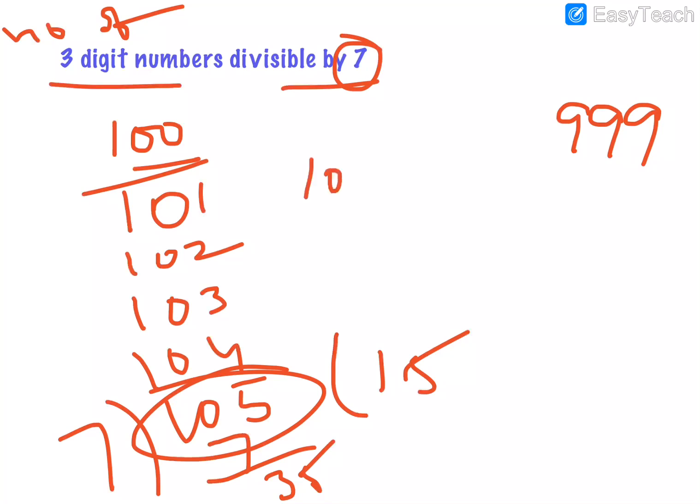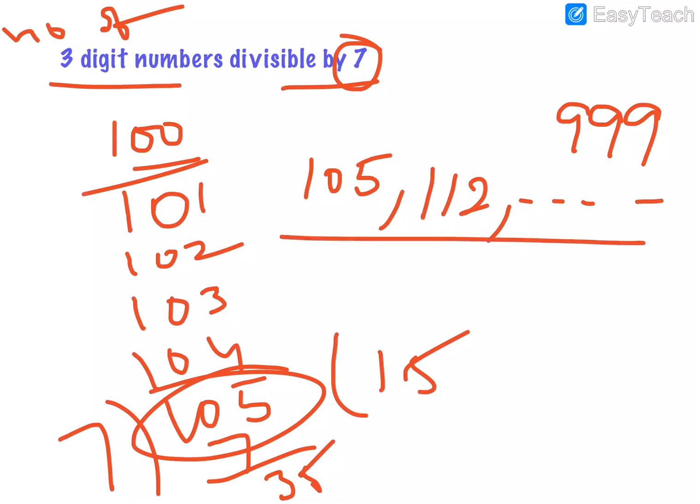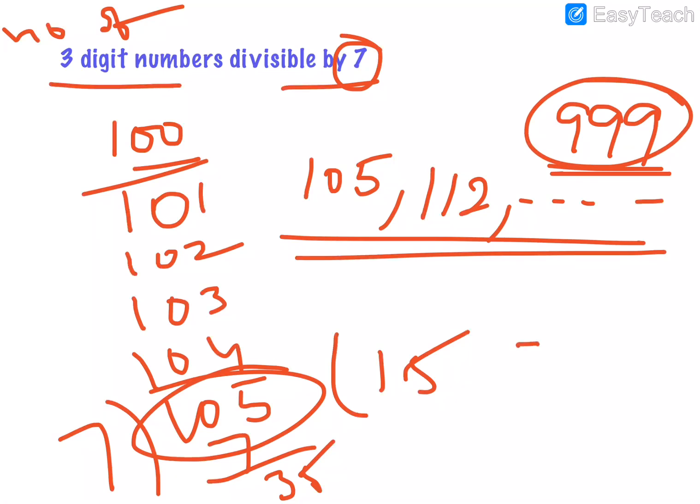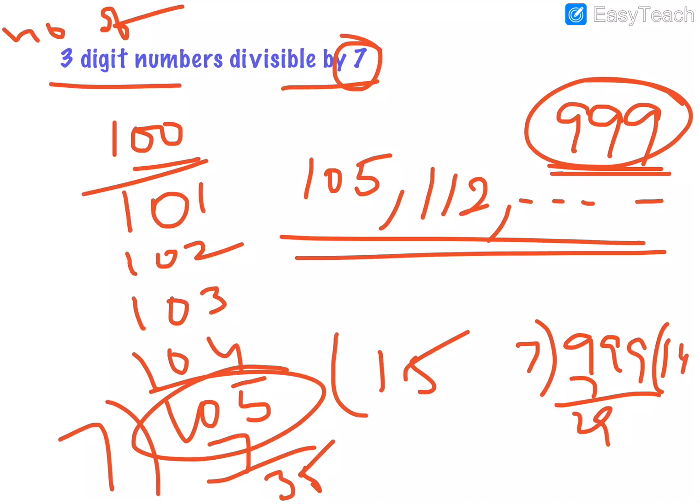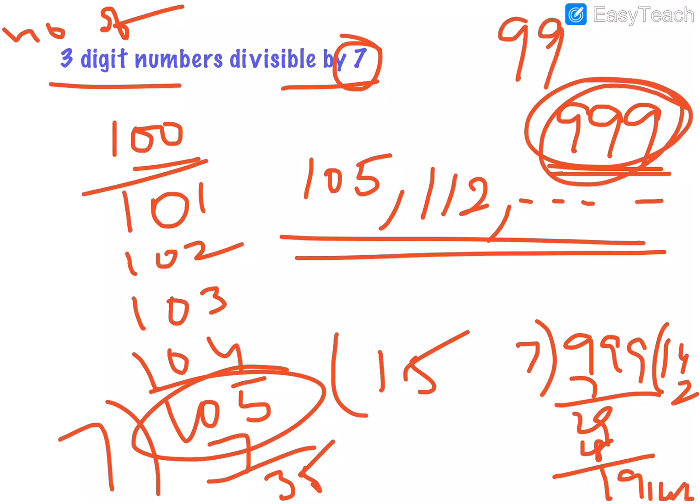So what will be the next one? Automatically 7 more than that. That is 112, and so on. So this is the series they are discussing. And what will be the last term? Whether 999 comes in the 7 table? No. If you divide 999 by 7, 7 1s are 7, 29, 7 4s are 28 and 19, 7 2s are 14. So what will be left out? 5. So 5 less than this, that is 994, will come in the 7 table. So 994 is the last term, the last 3-digit number that is divisible by 7.